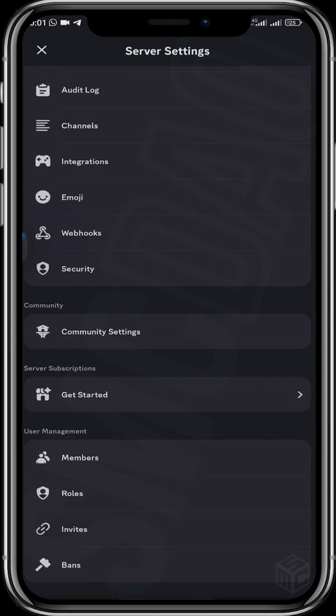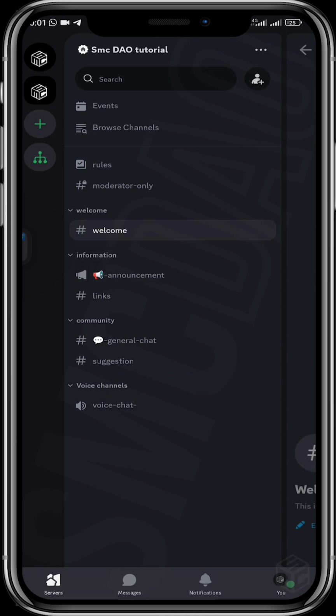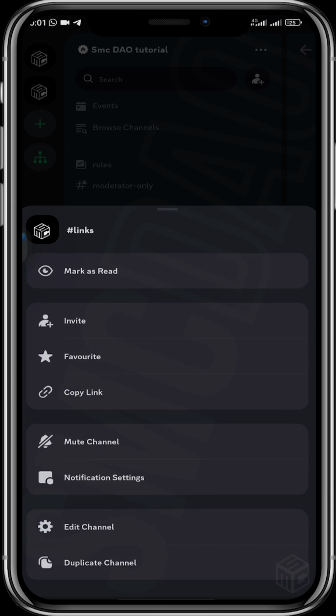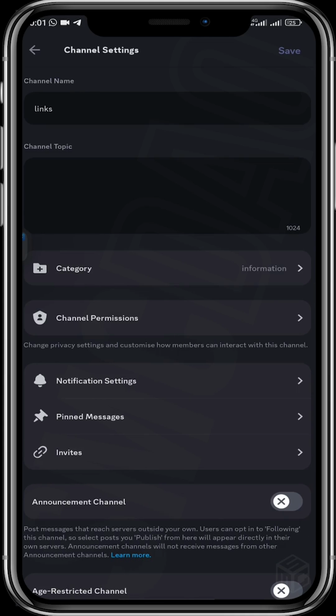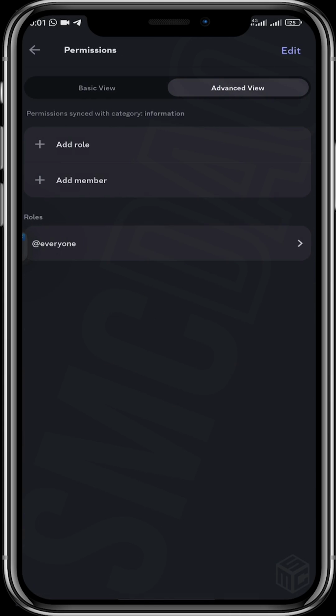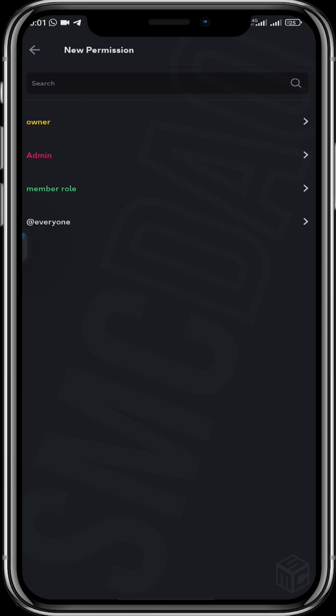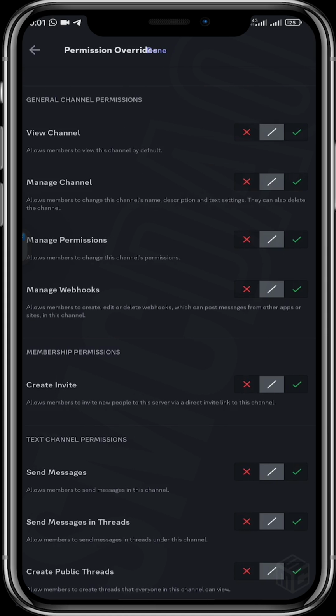So now let's disable a role from seeing a particular channel. I choose the links channel. I press and hold on it. I click on Edit Channel. I click on Channel Permissions. I click on Add Role. I click on the admin role, because by default the owner role has access to everything on the server. So I disable the admin role from seeing the links channel,